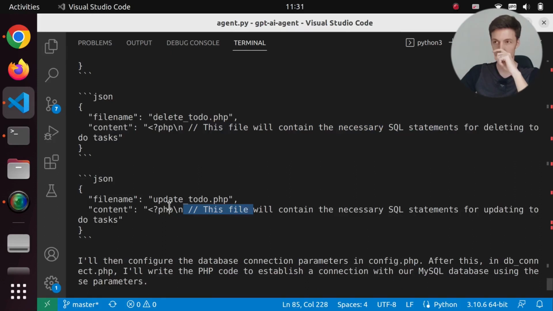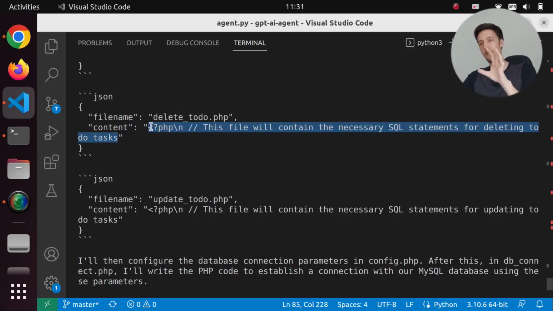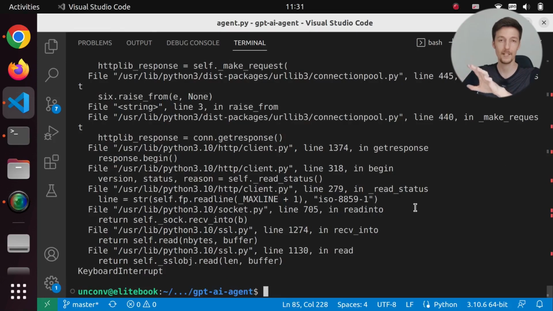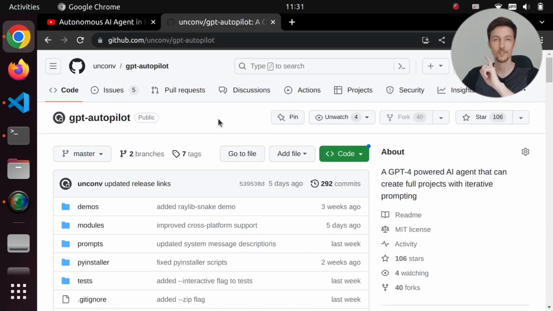Now, this is one of the problems with the function calling API. If you try to write files this way, with the file name and then the content, it doesn't want to add much data in the content in the function parameters. So in fact, what I did in my GPT Autopilot project, which you can find on my GitHub page, is that I only have a function for opening a file for writing. And then when ChatGPT calls that function, then it will get an automatic response. Please now respond with the full content of the file. So the file content is not in the function call, it's in a regular message.